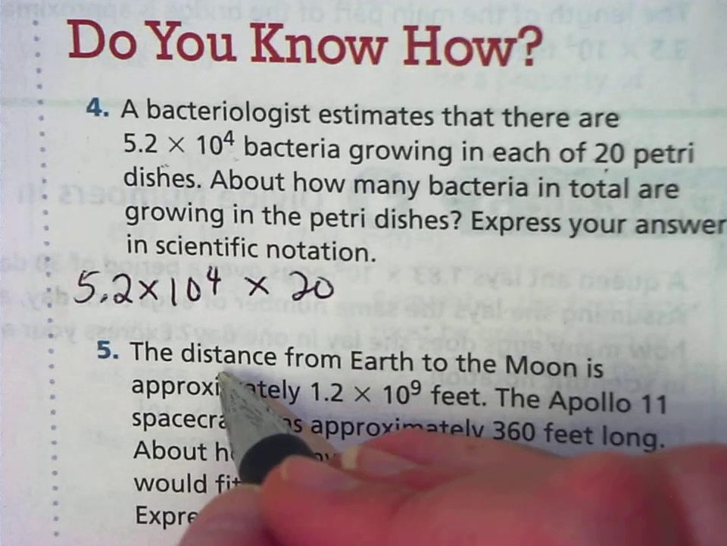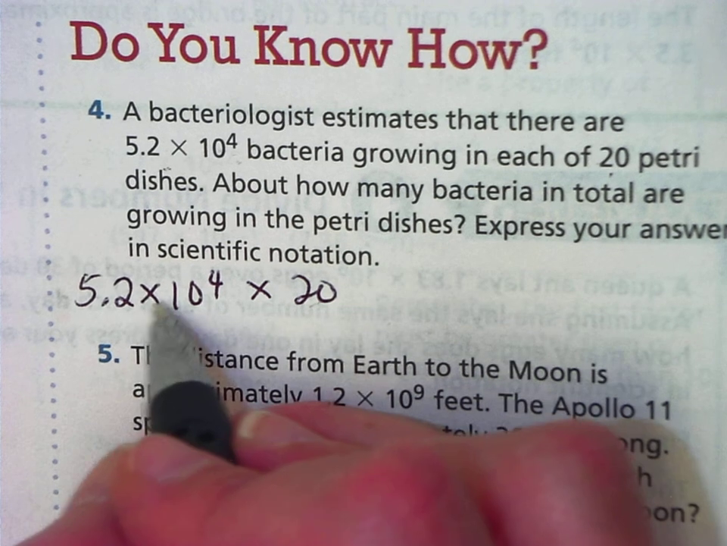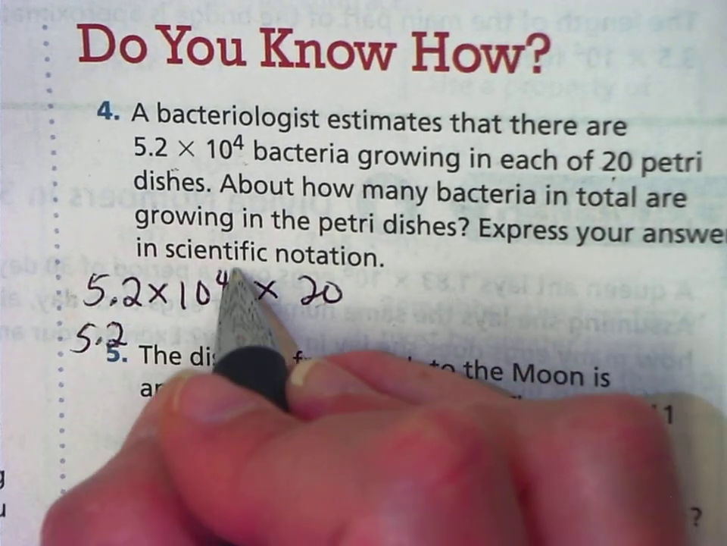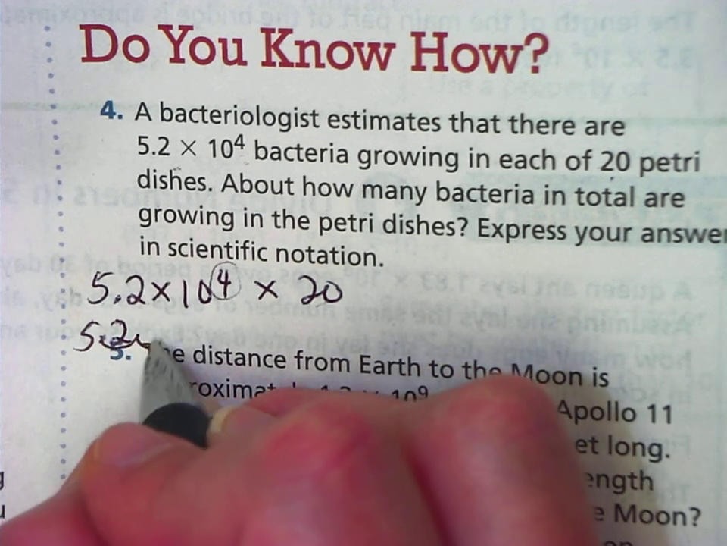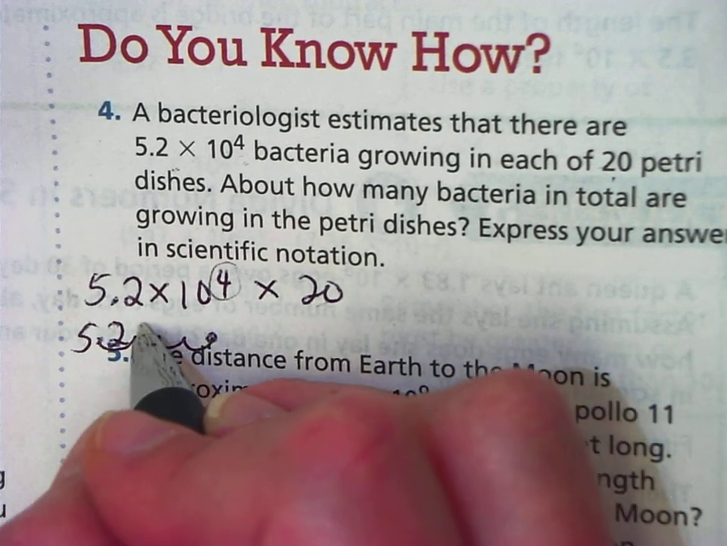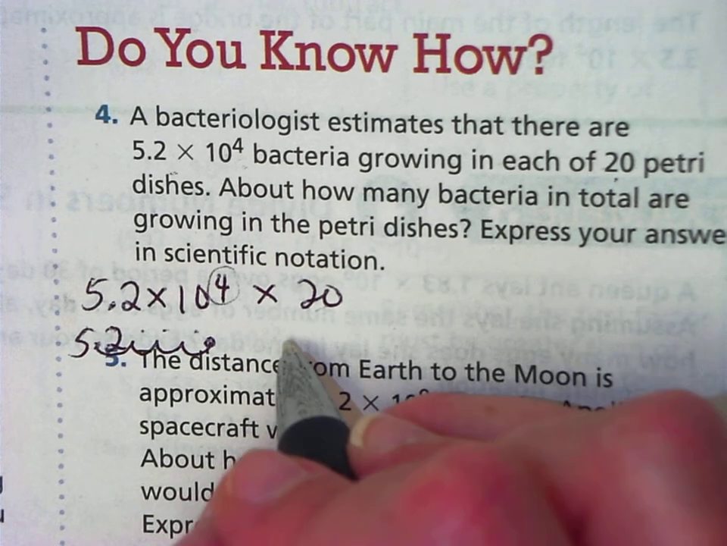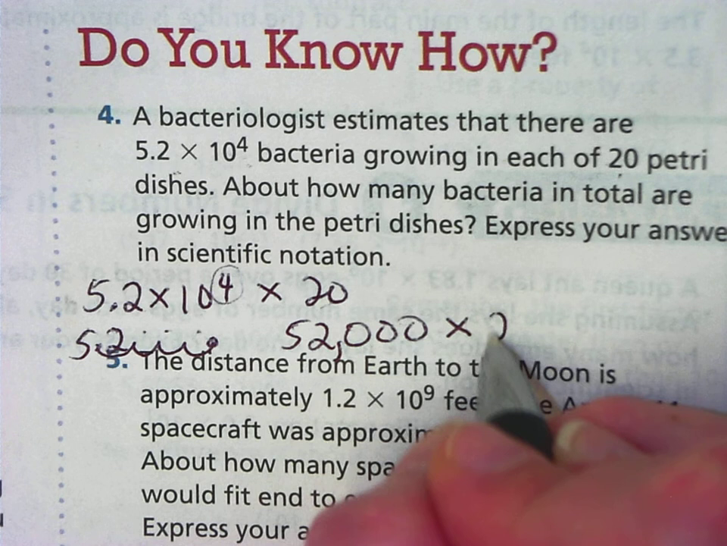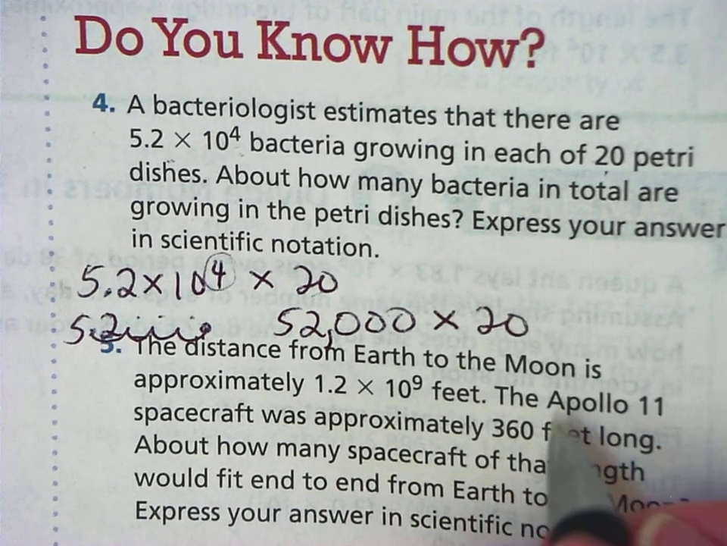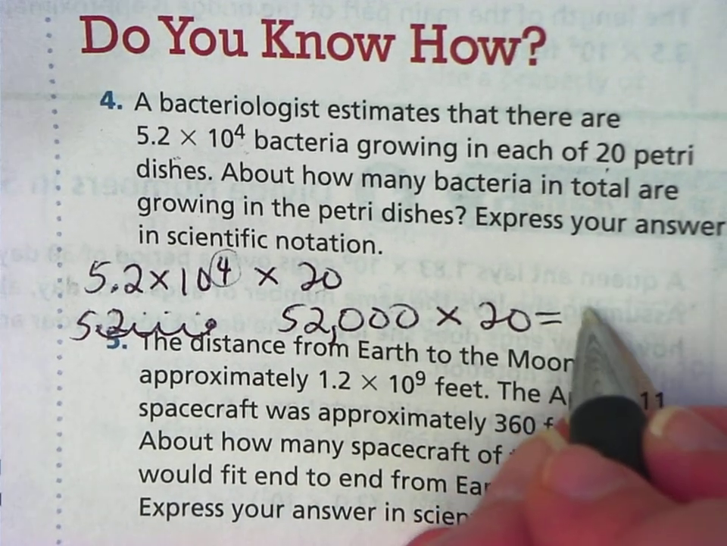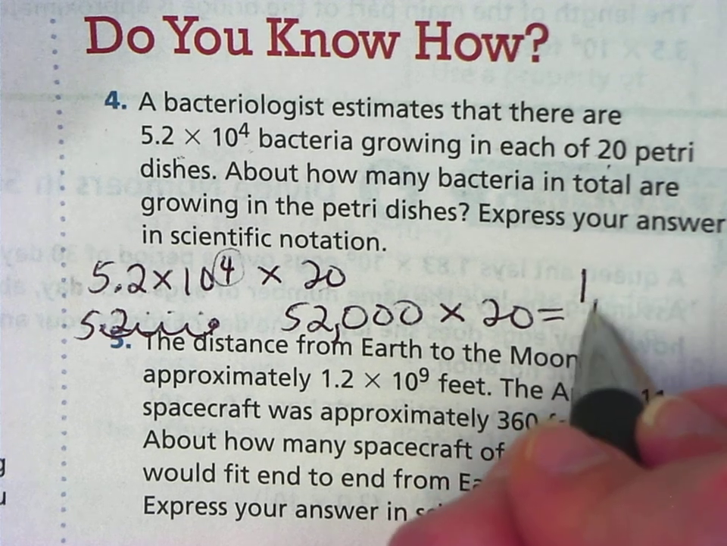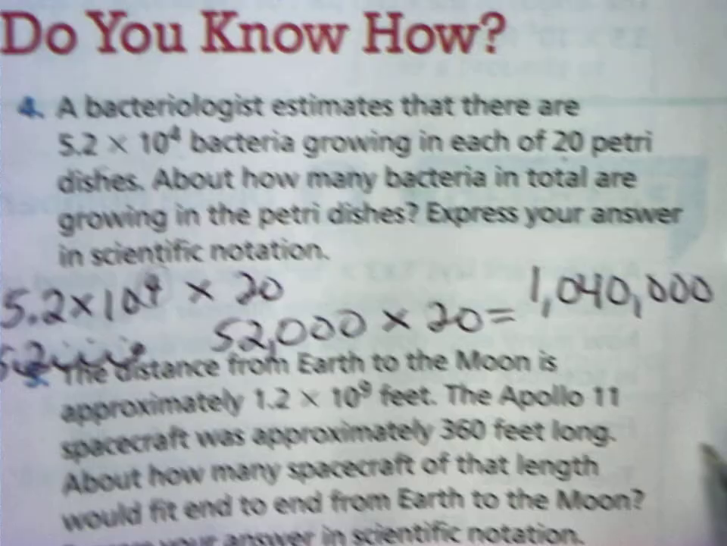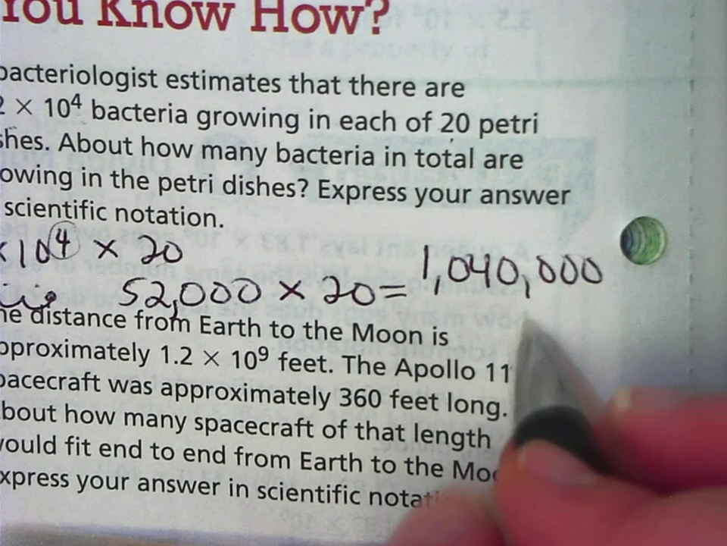The first thing we need to do is turn this into a regular number. So we're going to take 5.2 and move the decimal 4 to the right. 1, 2, 3, 4. So I have to add 3 zeros after that: 52,000. So really 52,000 times 20 is what we're solving. Plug that into your calculator, and you get 1,040,000. Okay, so that's our final answer if we just needed to answer in standard form. But we now